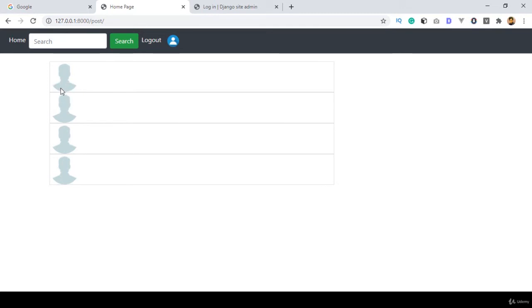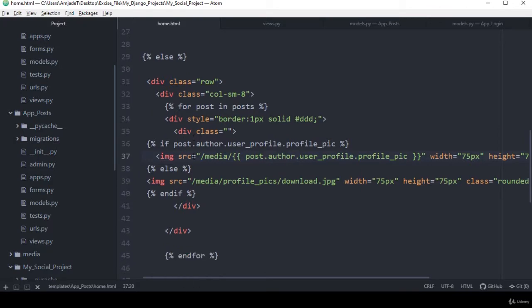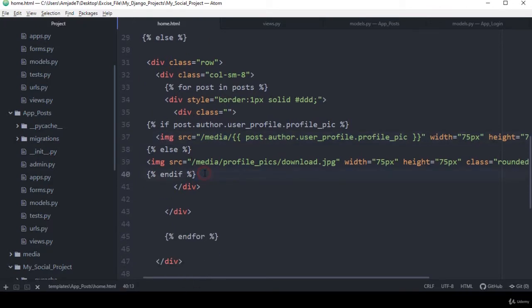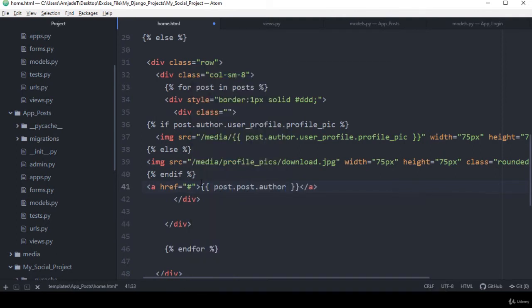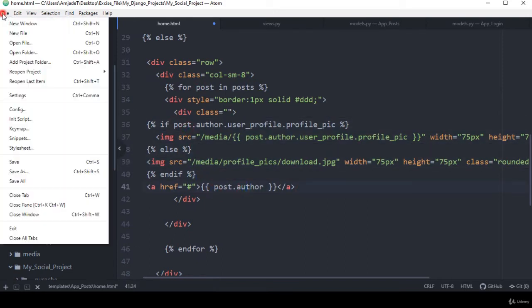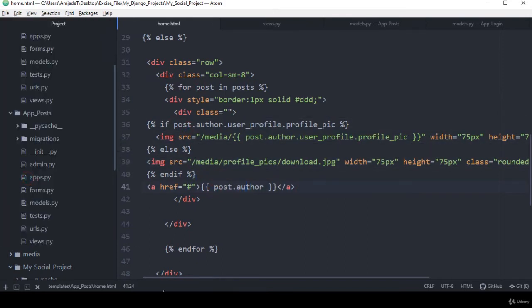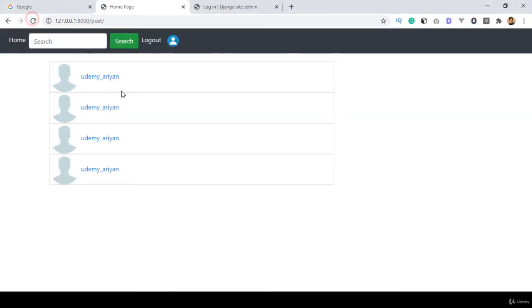So now better, I also want to display our name. That means here there is our endif. After that endif, here I take another h4 if, and I want to show that name, that means our author name. It should be post, and then author, that means this post author actually. So it will be this post, and then that is actually our author, right? So with this post author I want to display this post author name. Now if you click save all, and now if you refresh it,